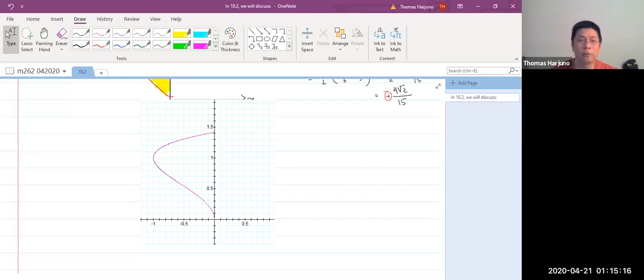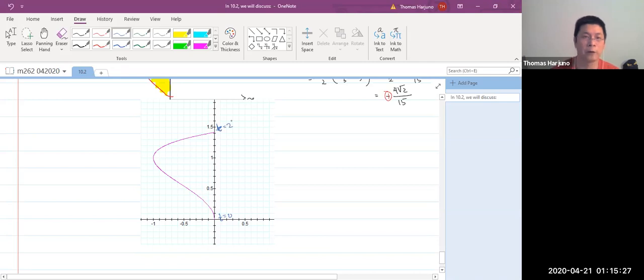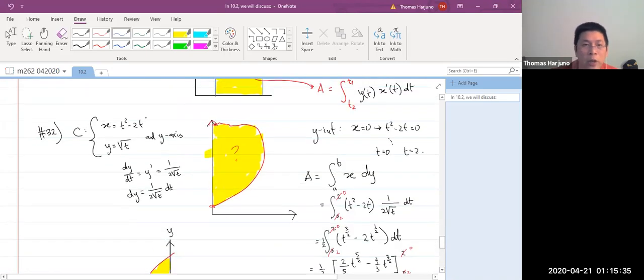So that's the graph. When t equals 0, it's here. Now t equals 2, it's here. Earlier I tried to plot the coordinates, and I noticed that when t equals 0, it's here, and t equals 2 is here. So the order is correct. The order is from lower t to higher t on the y, which is lower to higher, right? So the order is correct, but how can I get the